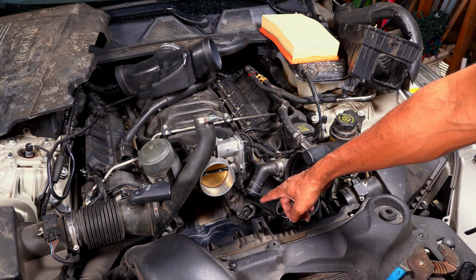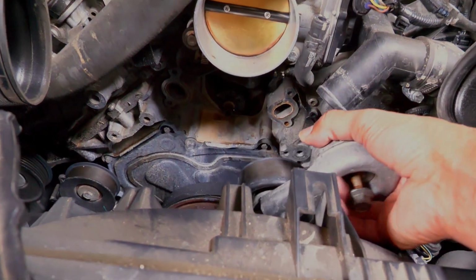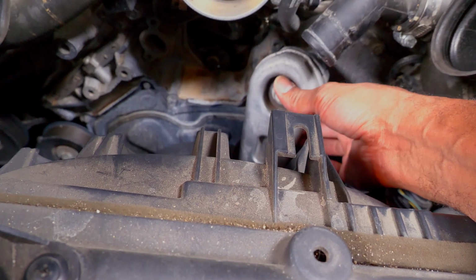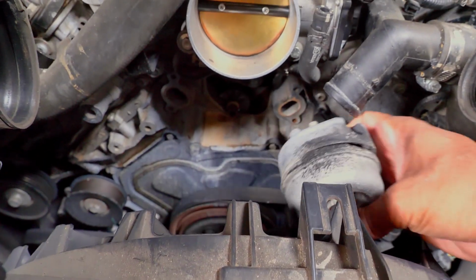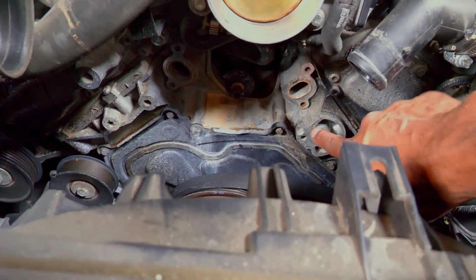Then your water pump will be sitting right here. So what you're gonna wanna do is, here's the tensioner. You're gonna have to take the tensioner off, but before you do that, you just loosen the tension on the serpentine belt, this is just a 3/8. You loosen the tension on the serpentine belt, you pull the tensioner out, and then you're gonna have access to